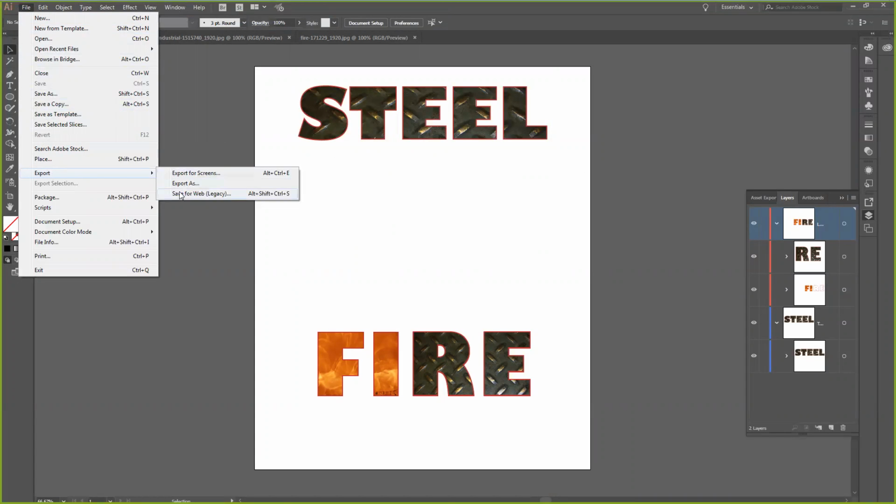So the old way to export, and I don't know really the old way. For a long time, I continued to use this Save for Web, their legacy system, because I wasn't comfortable with the other two. And there's nothing wrong with you if you do that. That's why they include it in Illustrator, because a lot of people have used this for a really long time, and that's all right. You can do an export as, but really, I think what most people do is,